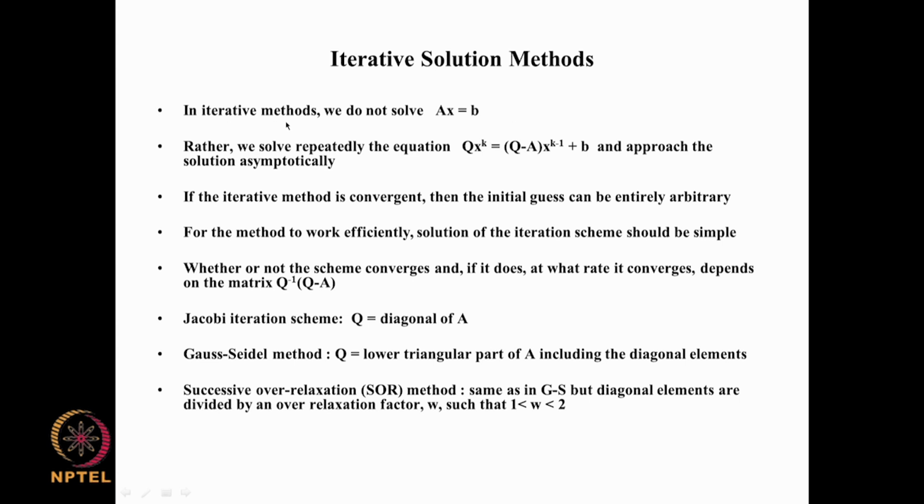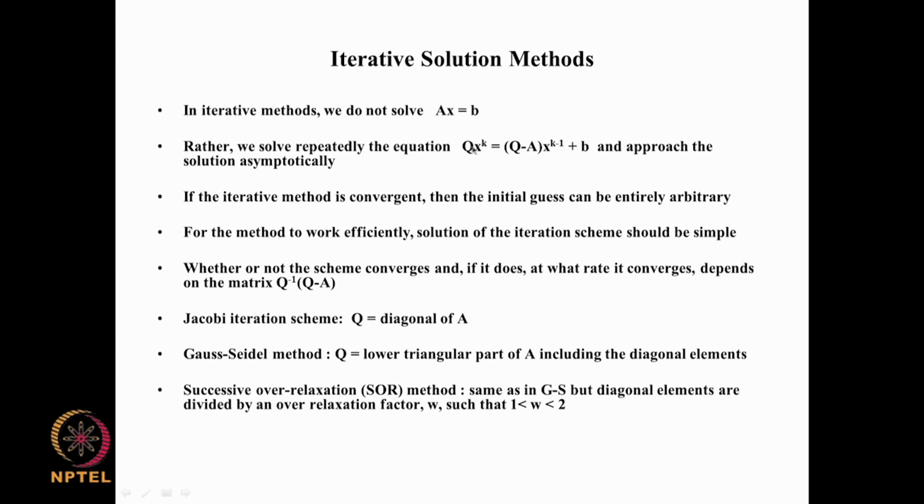In iterative methods, we do not solve Ax equal to b. We solve a different form of the equation. For example, we solve repeatedly the equation Qx^k equal to (Q minus A) times x^(k minus 1) plus b and approach the solution asymptotically. Okay. So, that means that instead of solving this equation, we solve this equation here. What is the difference between this and this? This looks even more complicated than this, but